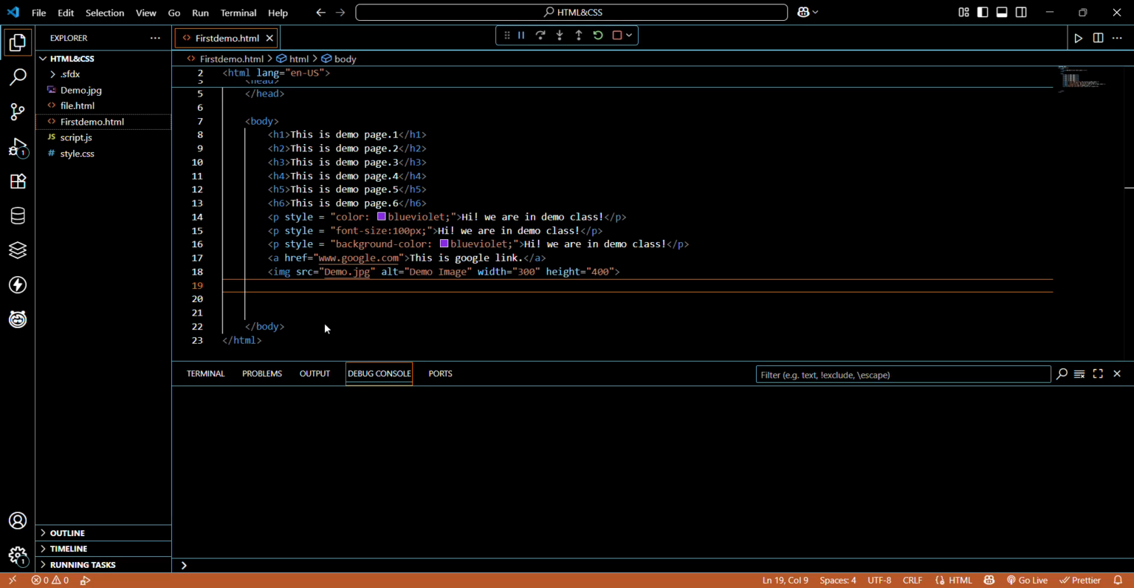Now this part is text formatting. In text formatting we have so many formatting elements: bold text, important text, italic text, emphasized text, mark text, everything. I'll show you. We have bold text and strong text. If I go here,